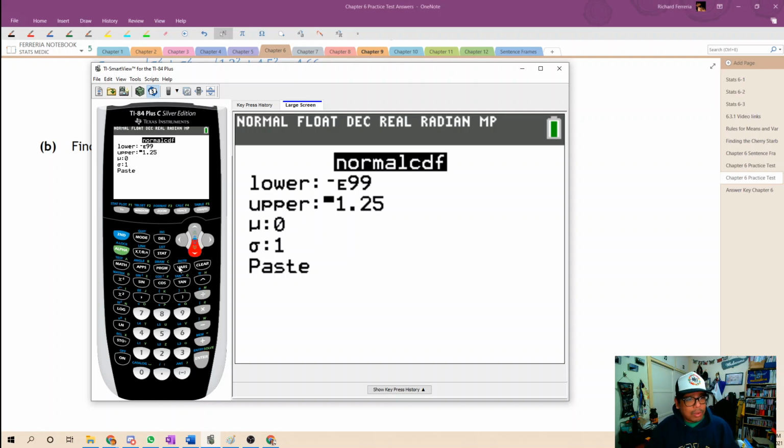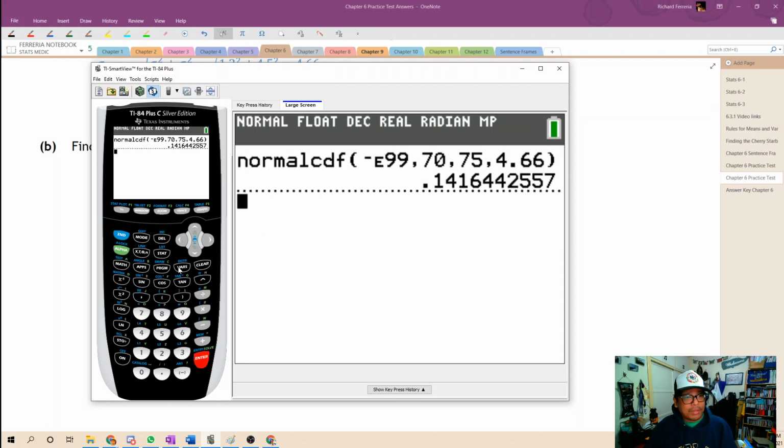So we want to know less than 70. We don't know if there's a floor for this, so we'll go to negative 1e99, which is basically negative infinity for this calculator. And we want to know less than 70. We know the mean is 75, and the standard deviation we calculated at 4.66. So that gives us a result of